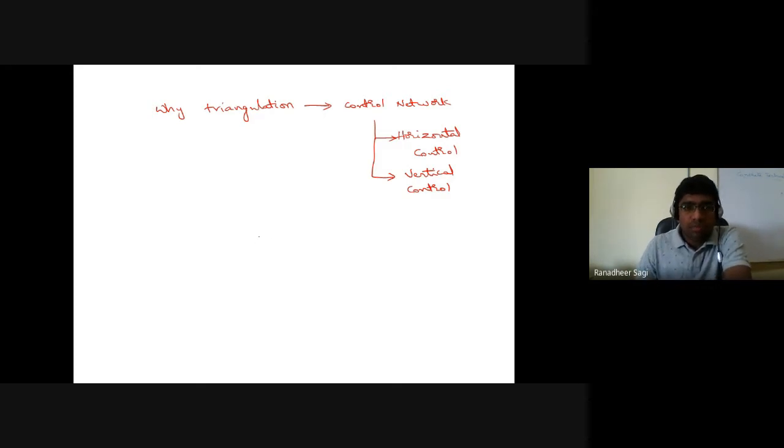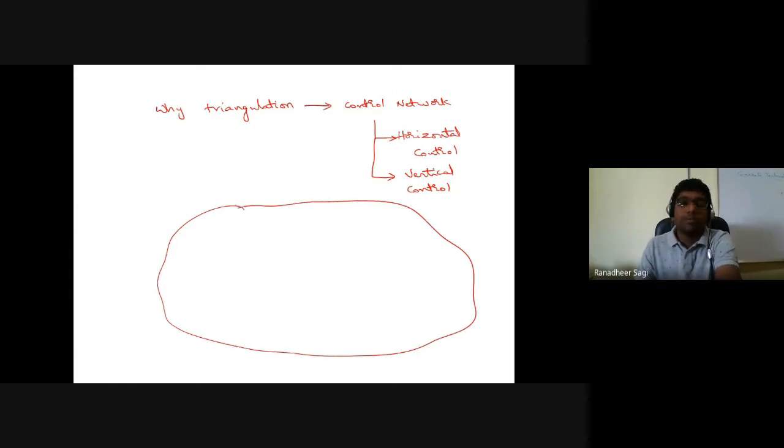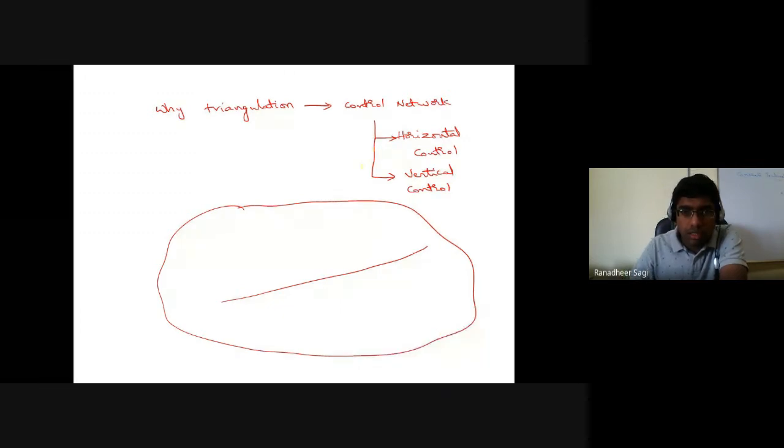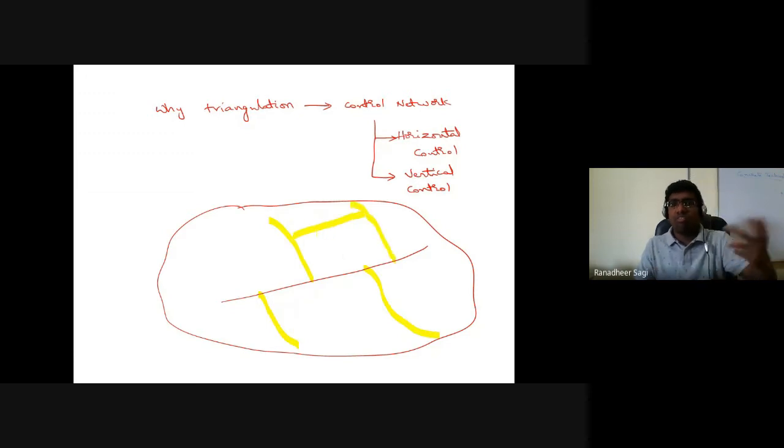Let's say, for example, I have an area in which I am trying to carry out my survey. In that area, I have some roads like this. This is one road, and I have another road like this, maybe another road like this, maybe some other road like this. It could be a colony, or something where we have a different road network.